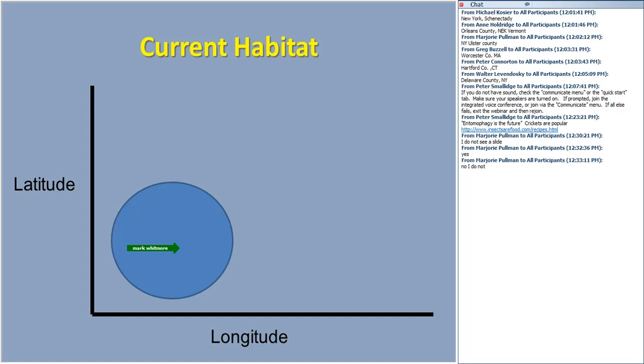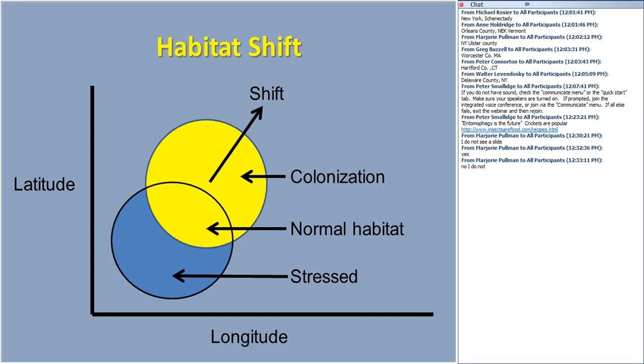Well, what happens with time, with climate change? Here you get a habitat shift where it's going to move, and you get the area of colonization here. That's the yellow part. There's just a few trees left, or a certain portion of the population, or the herd, as some of my colleagues refer to trees. I actually like referring to populations of trees as herds. They don't really move very rapidly, but they do move across the landscape. And this portion is going to be stressed.